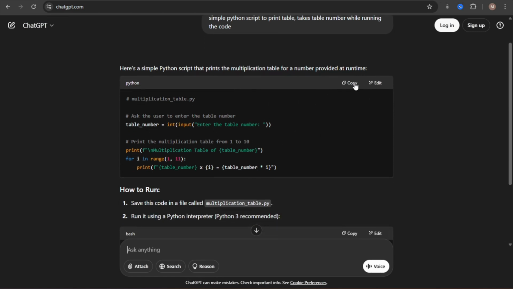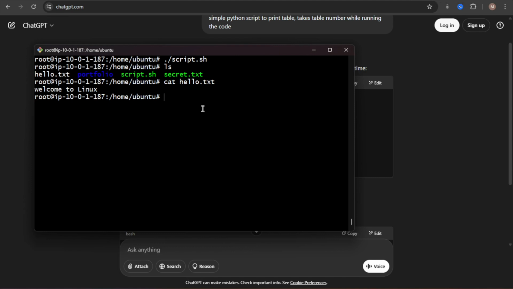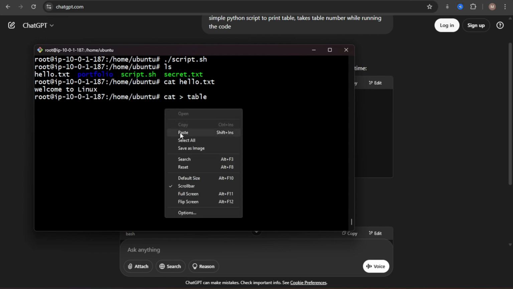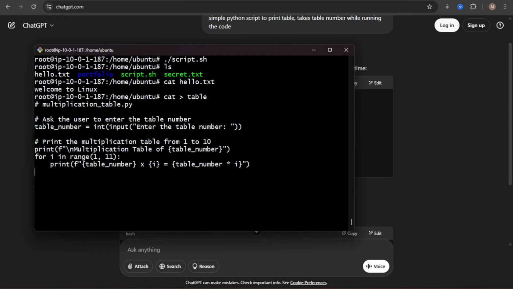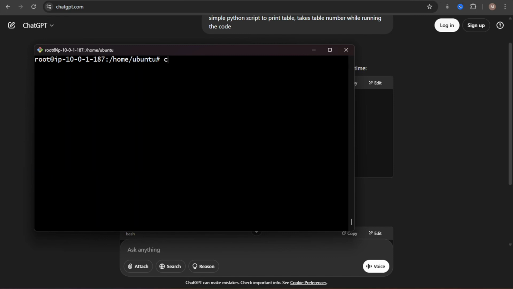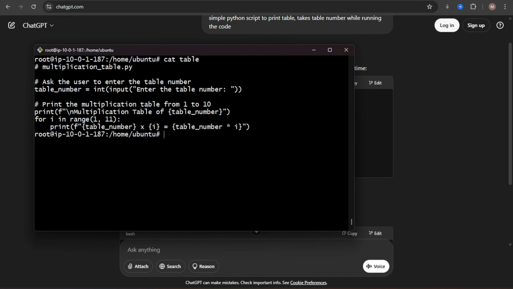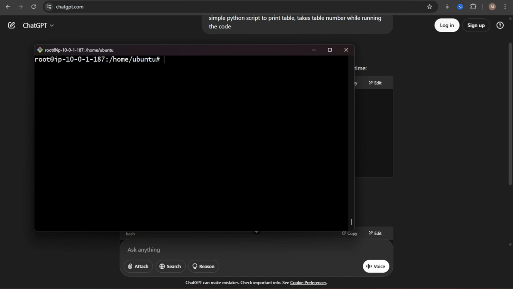Maybe you could use bash or something else. Maybe you can write complex code. I'm just testing it. If I go back here, if I do table, I'm not going to give any extension, it doesn't matter in Linux. Paste it, and Control C. Let me check the code again. Table number, okay, that's fine. If I run this command,